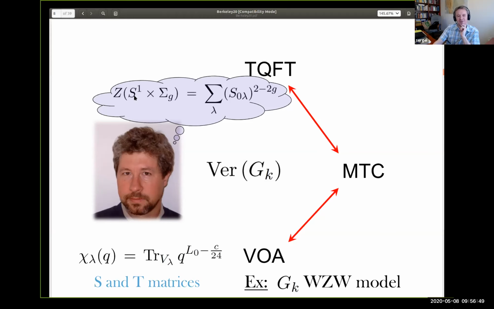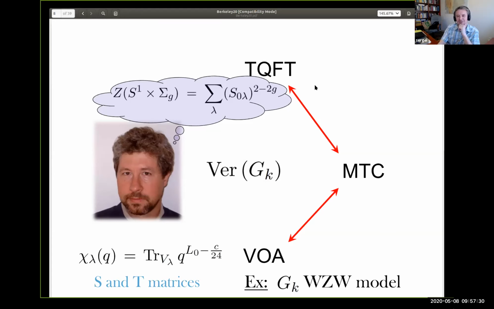three-manifold, namely a circle times a Riemann surface of genus g, then if you take matrix elements of this S matrix and perform the sum, so these particular elements are sometimes called conformal dimensions, you actually get the invariant of this three-manifold. And it's always going to be an integer, because what it's trying to compute from the viewpoint of topological field theory is basically the dimension of the Hilbert space, or maybe superdimension, that this TQFT associates to a Riemann surface of genus g. So remember that in the standard axioms, which apply in the case I'm discussing, a TQFT is